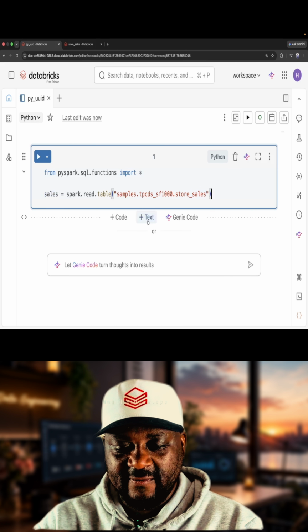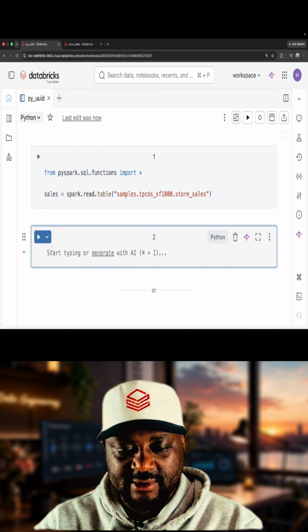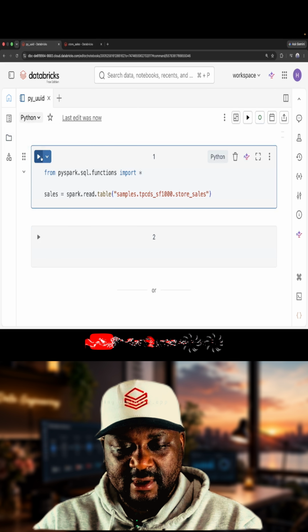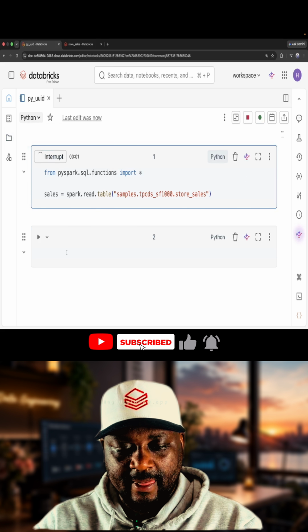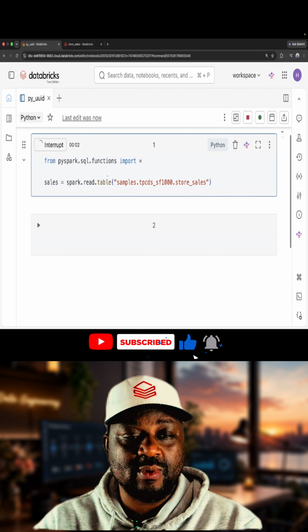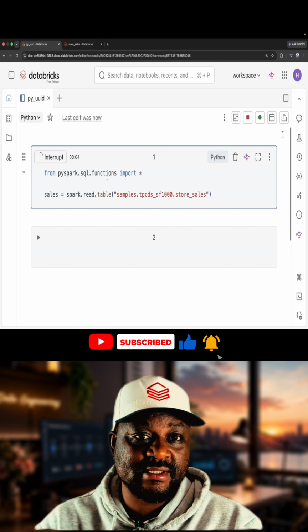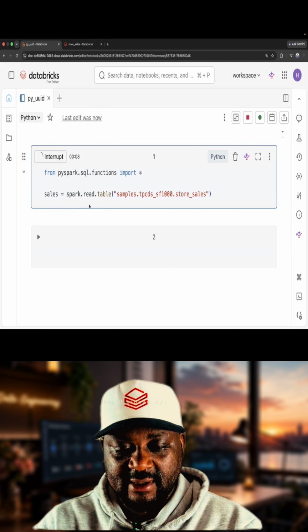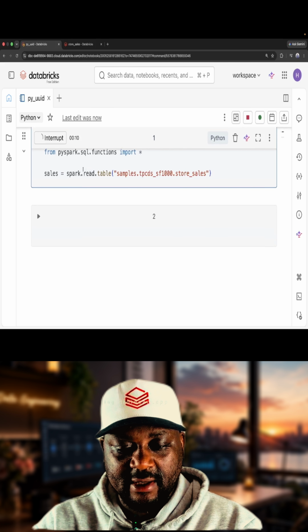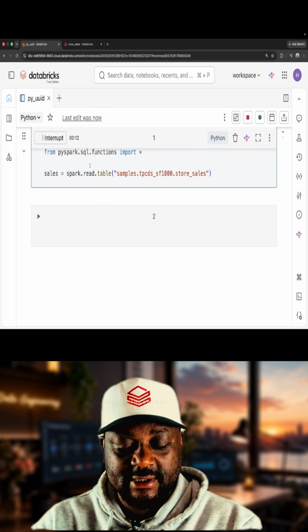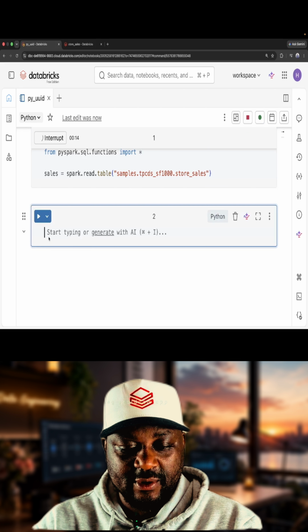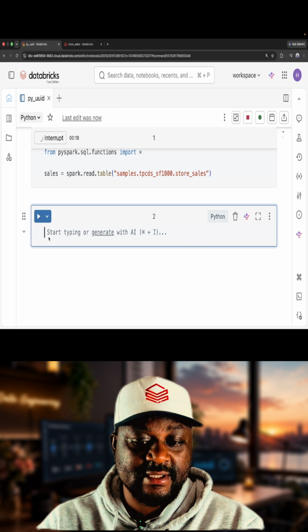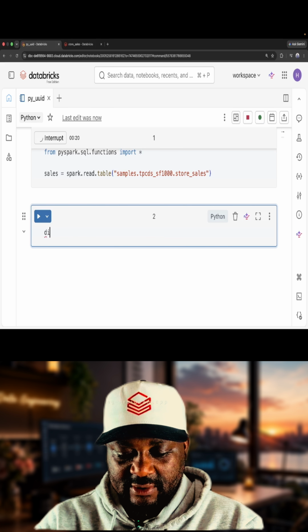And now let's view our data set. Let's run this. We are running it using serverless. Let's run this and wait while PySpark creates the data frame. It will create a data frame of this, right? And we'll take a look at how it shows. While this is running, we could also continue by writing a display in order to view the data sets that we have, right? So display,